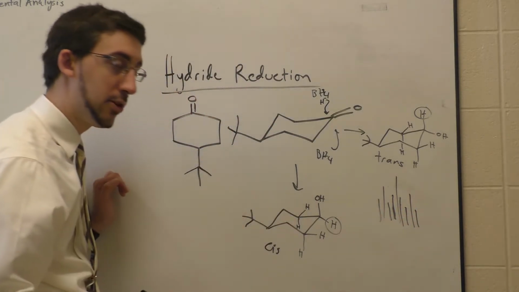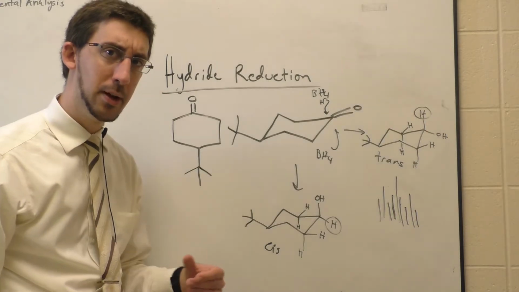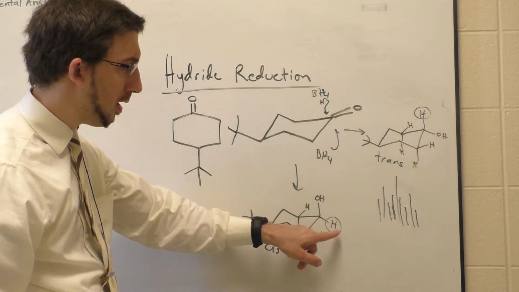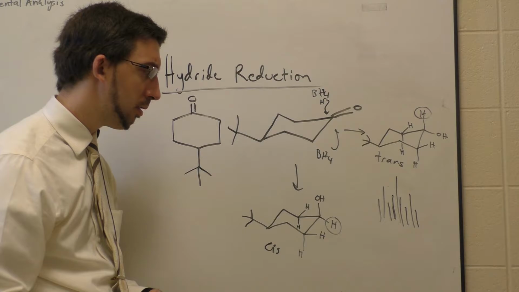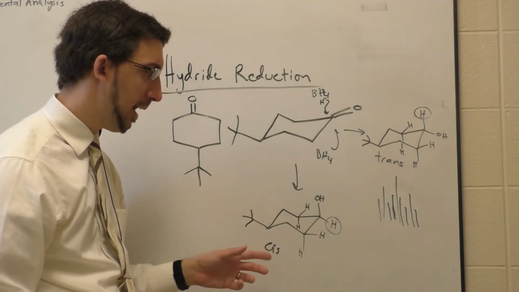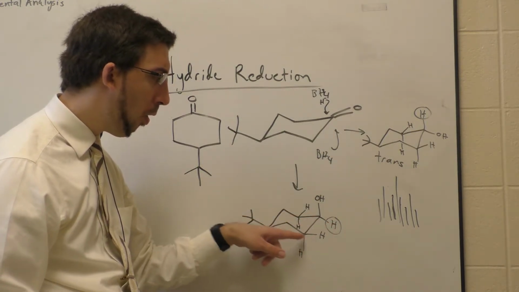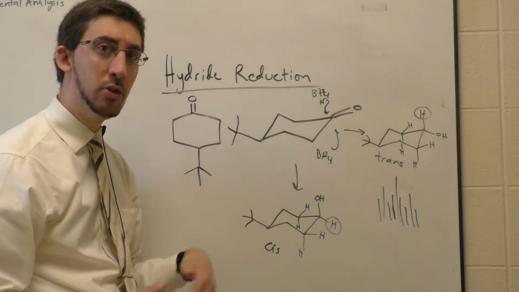But we have essentially a triplet of triplets, kind of a bit of a mess of peaks. So how does that compare to the cis version? Well, here, because this hydrogen is equatorial, it now is not 180 degrees from any other hydrogen. In fact, its dihedral angle is about 60 degrees from all 4 of the hydrogens,